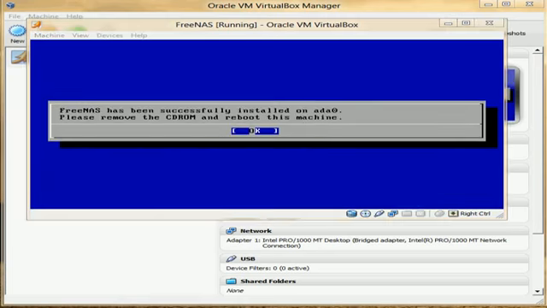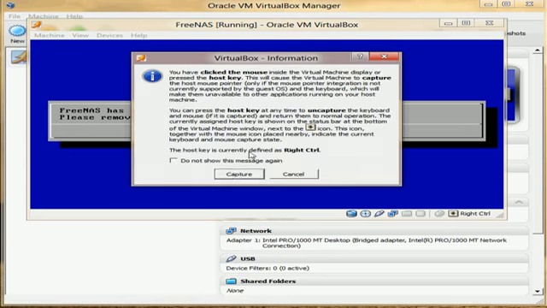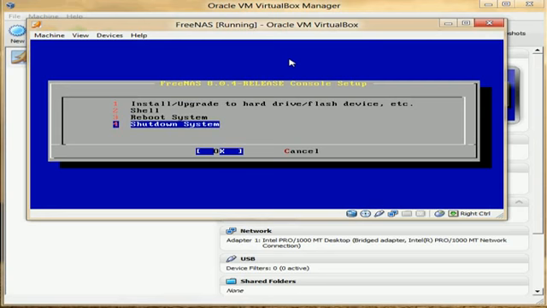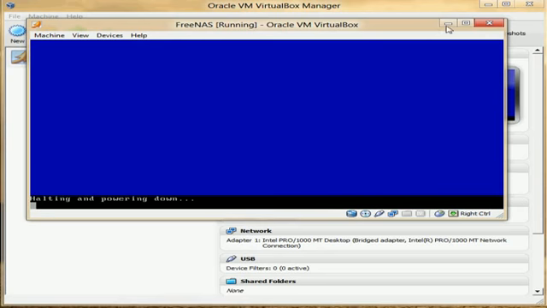Okay, so as you can see, FreeNAS has been successfully installed. Please remove the CD and boot this machine. We're going to click OK, and we're going to shut down the system because we have to remove the CD. And once it's done,